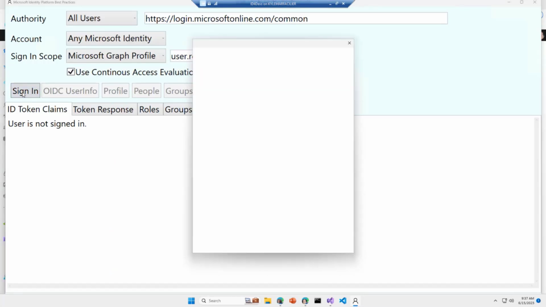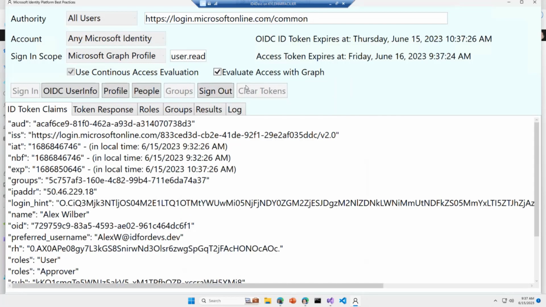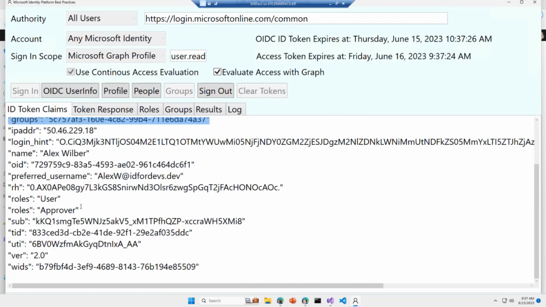Again, we may look at a replication time frame here, but let's go ahead and sign in. And here we can see that we get the group membership still. There's Alex's approver group membership. And Alex is assigned the role of user, just like we assigned to him. And he's assigned the role of approver because he's a member of the approvers group, and that group is assigned